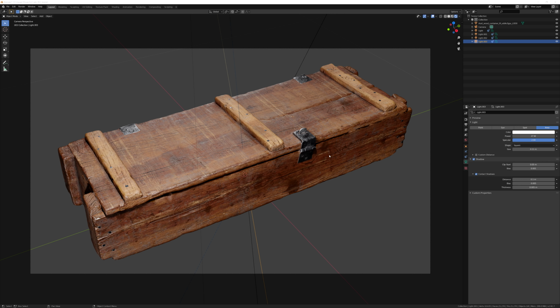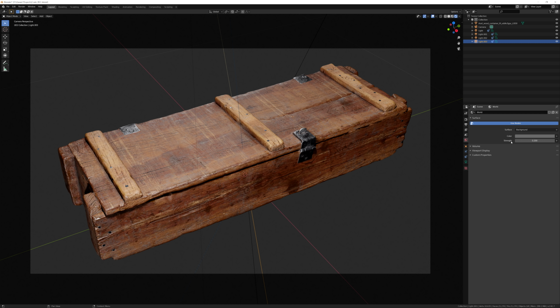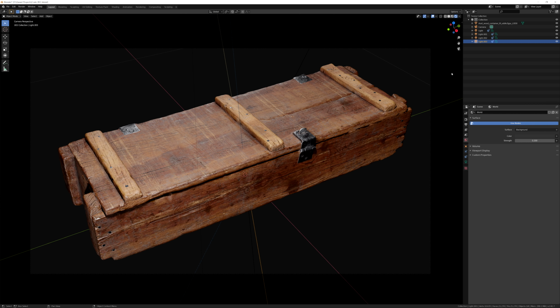So speaking of rendering, let's go ahead and adjust some settings so that we can render this image. The first thing that I want to do personally is change the color of this background here because the color of the background actually affects the overall lighting of our asset. So we can do that by clicking on this little world icon right here, and that's going to be our world properties. And then we can change the color to be any color we want. And then let's just darken up our color background ever so slightly here. There we go, that should do it.